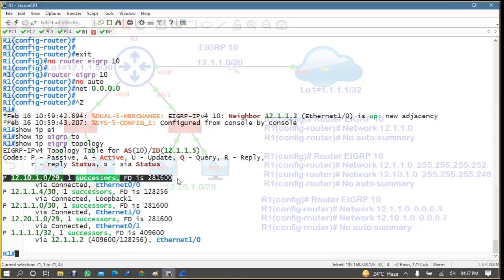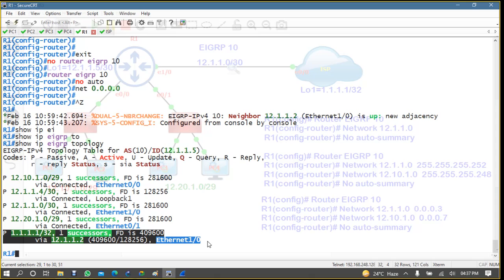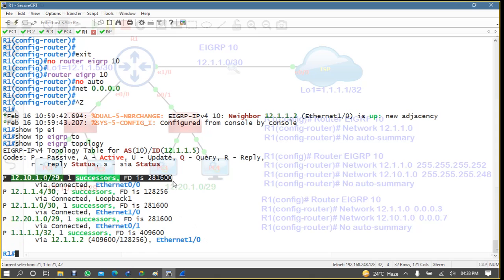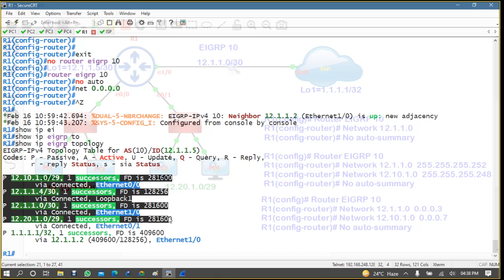See, can you see this? This network's information detail and that network's information detail are totally different. Whenever you are getting only FD, and no RD with this network,